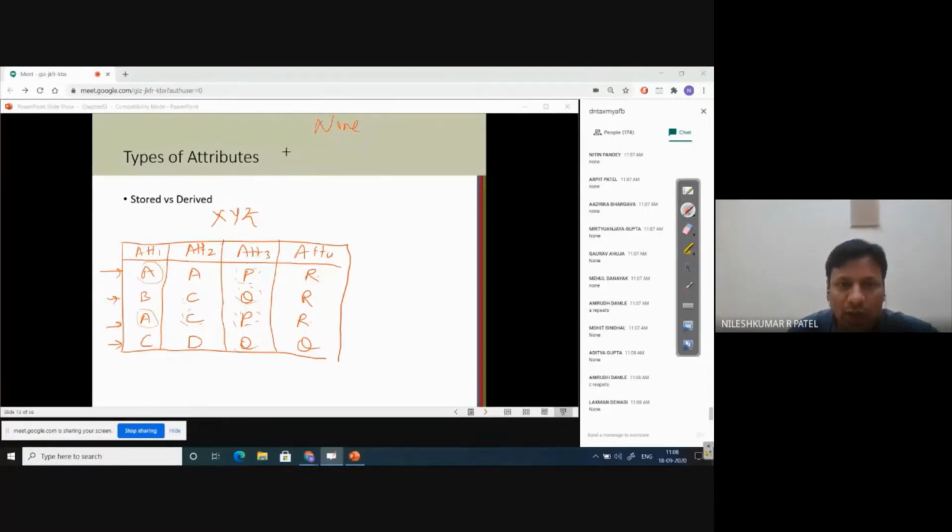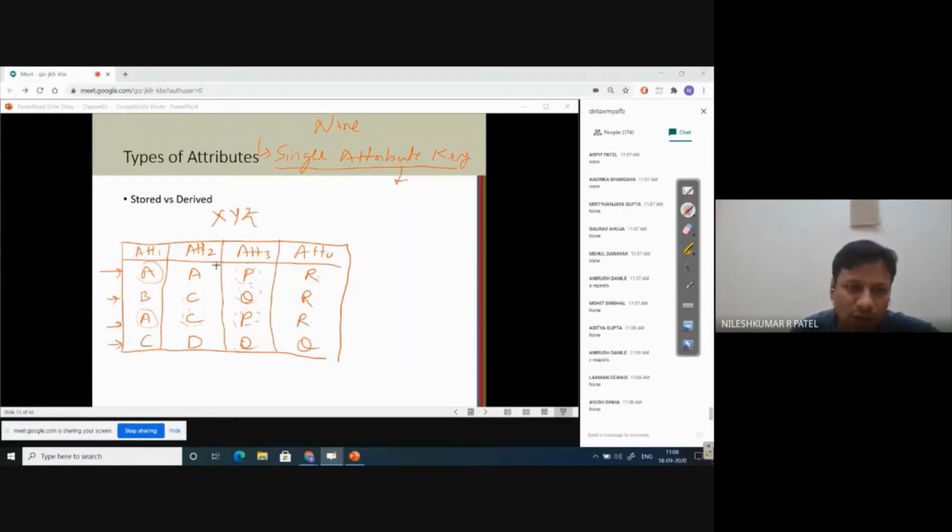So we don't have single attribute key here. Just try to understand. When I say single attribute key, what question should raise in your mind? So there must be multiple attribute key also, right? And that is why I write this word. So there is no single attribute key.